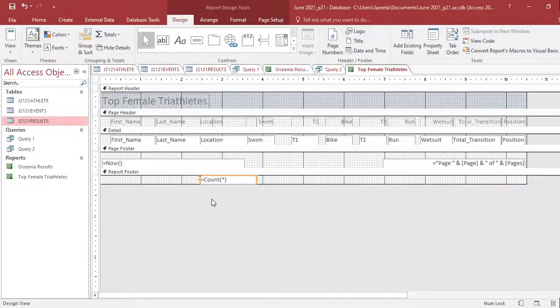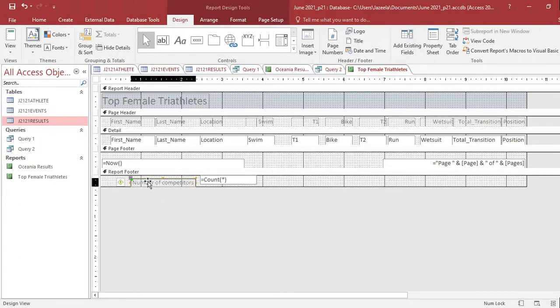So there must be a label on the left side of this value. So for that, click on design, click on label, click left of this value, and then give number of competitors. We can select this and adjust it so that it is fixed properly. Then